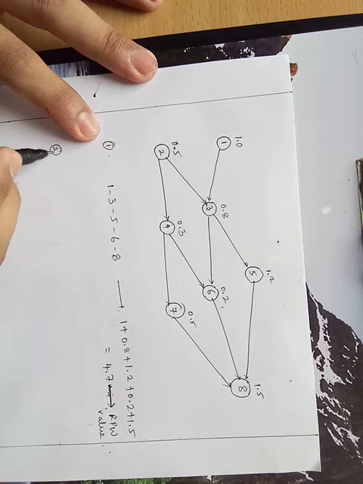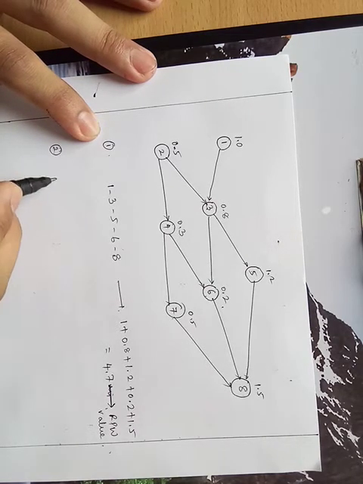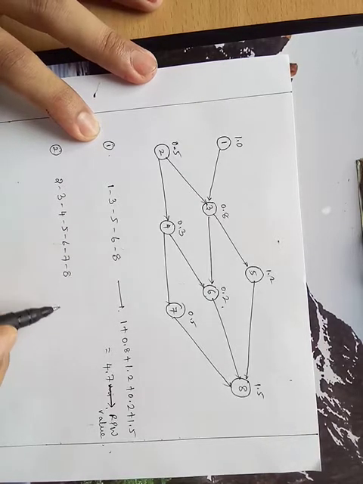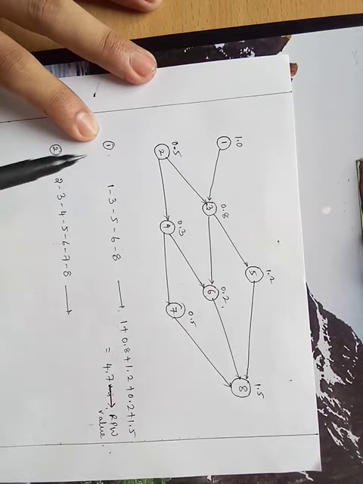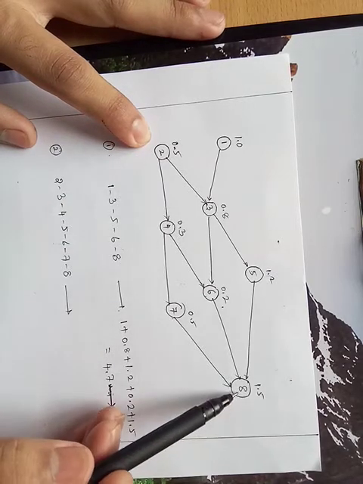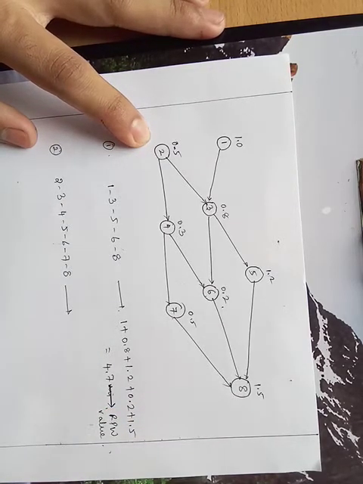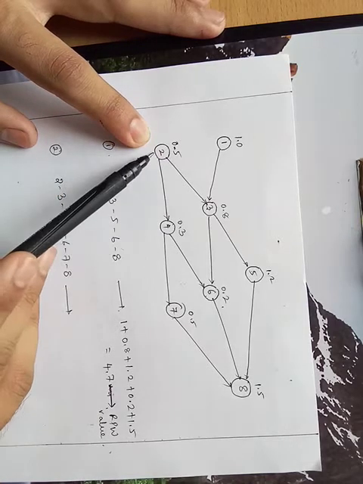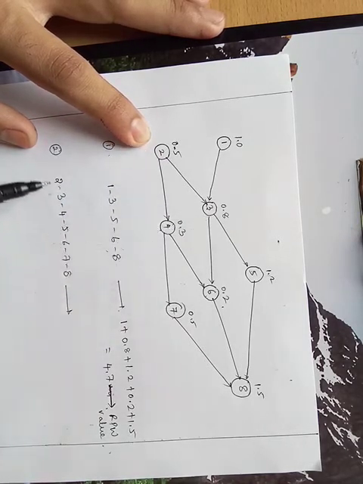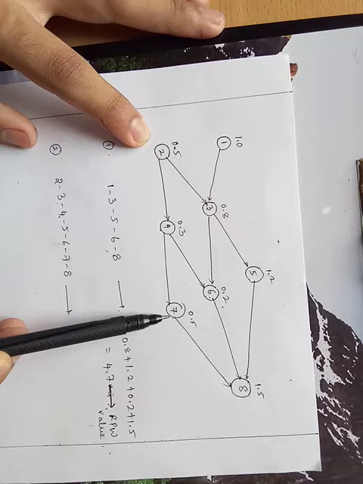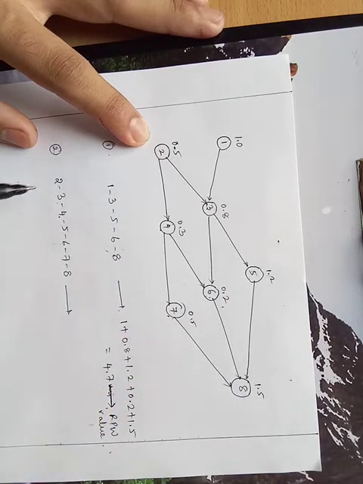Now for element number 2, the arrow chain will be 2, 3, 4, 5, 6, 7 and 8, right? All the arrows which are emerging from element 2 up to element 8 should be considered, and the respective element times should be added in order to get the RPW value. So from 2 there are 2 arrows emerging, so it goes to 3 as well as to 4, so it is 2, 3, 4, 5, 6, 7 and all 3 converge to 8. So this is the arrow chain.